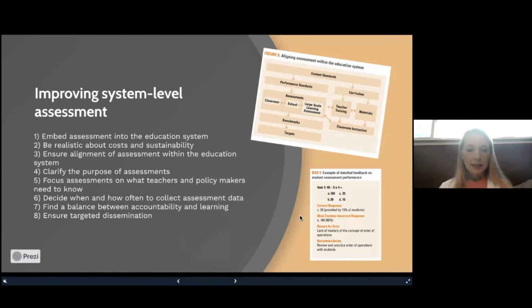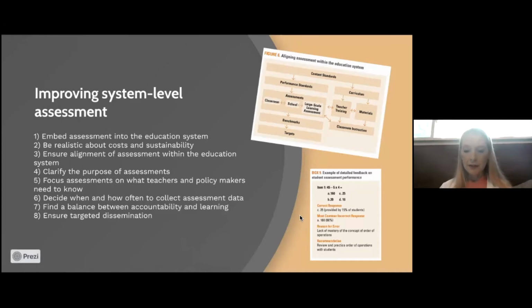The sixth key is to decide when and how often to collect assessment data. So we're talking about the different levels of assessment and how often those different types of assessments might need to be conducted. So you might want to see assessments that are going to be used for monitoring results for particular students or particular teachers. You might want those types of assessments to be occurring more than once in a year so that you can identify where the gaps are and help to address those gaps specifically for those teachers and